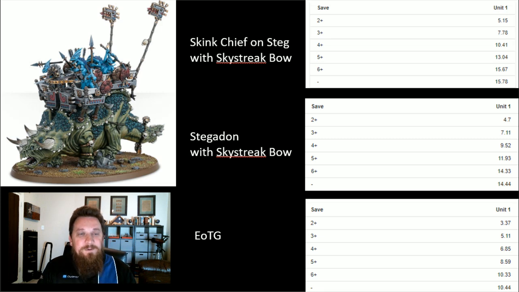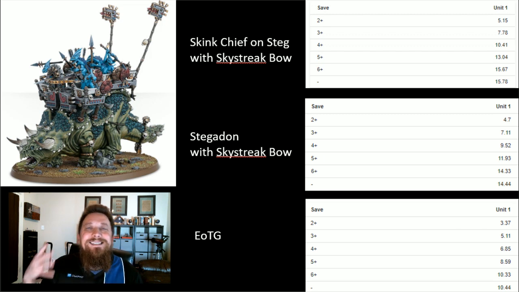The Stegadon with Skystreak Bow kind of goes down a little bit more. You can see it doesn't really lose a whole lot not having the Stegadon Chief on there. His attack isn't really all that impressive. Just 3 attacks doing 1 damage each. And Engine of the Gods goes down a little bit more as it doesn't have the Skystreak Bow. It does usually do some mortals from the Cosmic Engine, but I didn't factor that in here. So you can see not really that impressive for its points. You're talking 300 points and it's only doing 10 damage. But